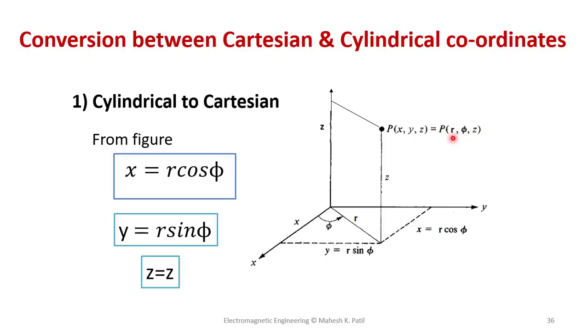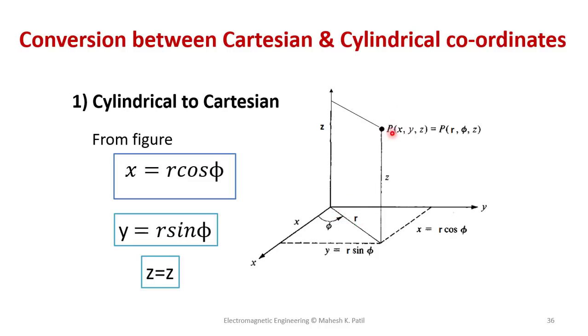Now this point is here. Now if I draw the projection of this point P on the xy plane, it is going to meet at this point. Now if you join this point and the origin, you are going to get this line here. Now this line has the total distance of r, because this line and this line are parallel and equal. Therefore this distance will be equal to the radius of the cylinder, that is r.